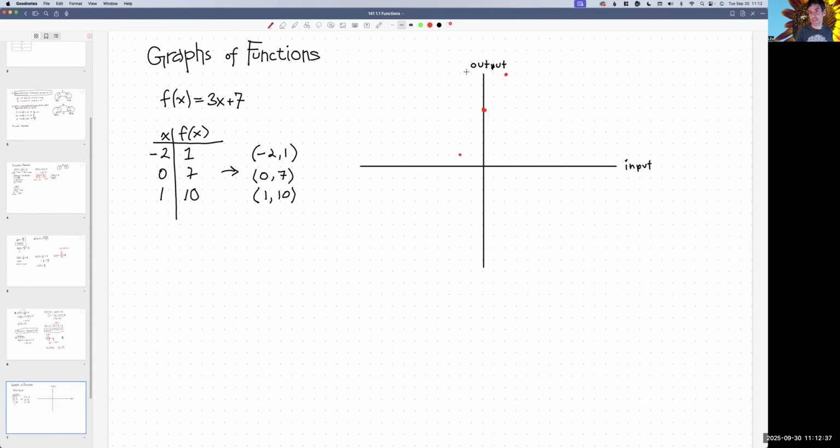But the relationship is here, that each one of these points is an input-output pair, right? Meaning that for this function, if you put the value of the horizontal coordinate into the function, the value of the vertical coordinate will come out. And if we kept doing this, we'd find more and more coordinate points that were input-output pairs for our function, and we would eventually see,